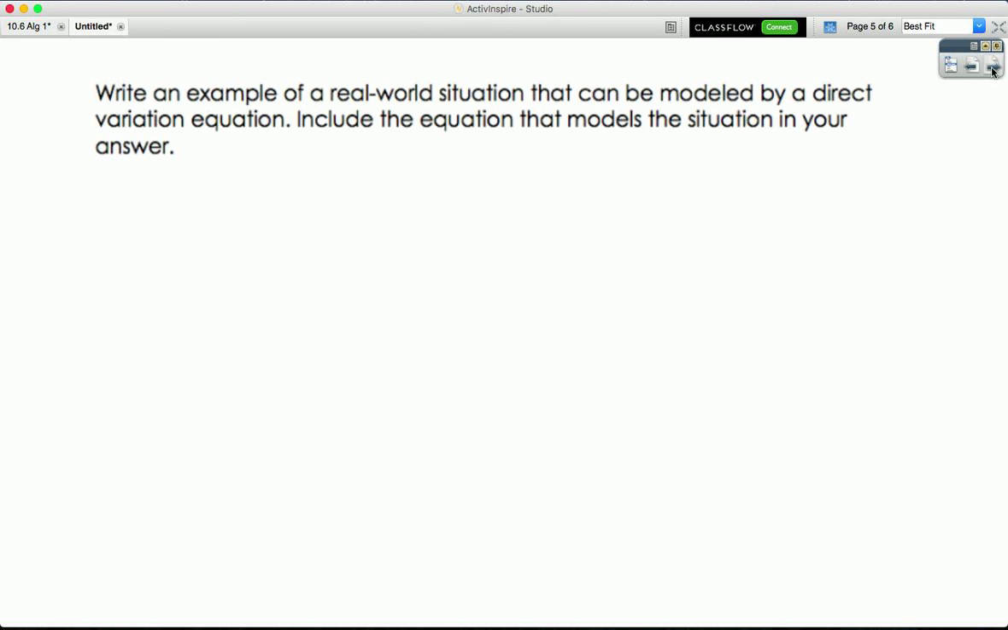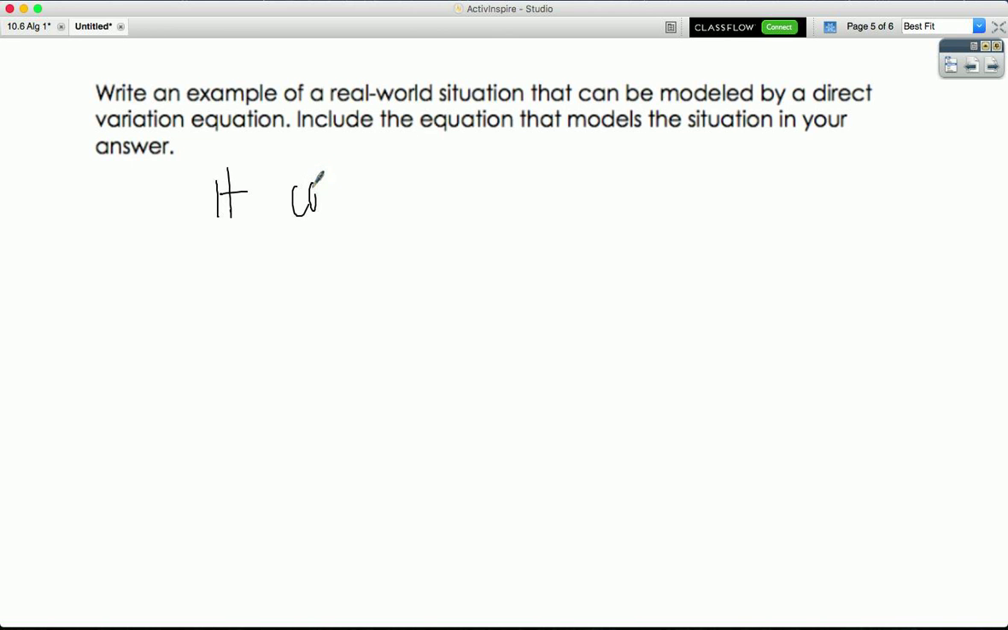The next question says, write an example of a real-world situation that can be modeled by a direct variation equation. Include the equation that models the situation in your answer. So this is very open-ended, but as long as your situation makes sense and it comes out to be a direct variation equation. So for example, if you're talking about the monthly cost for gym membership,